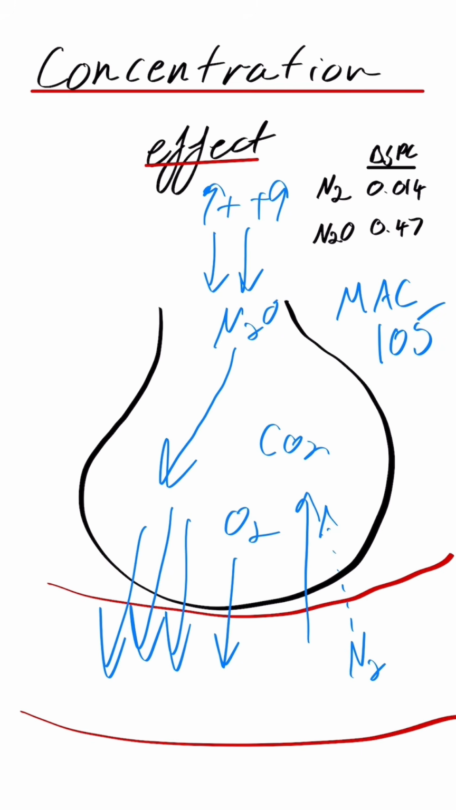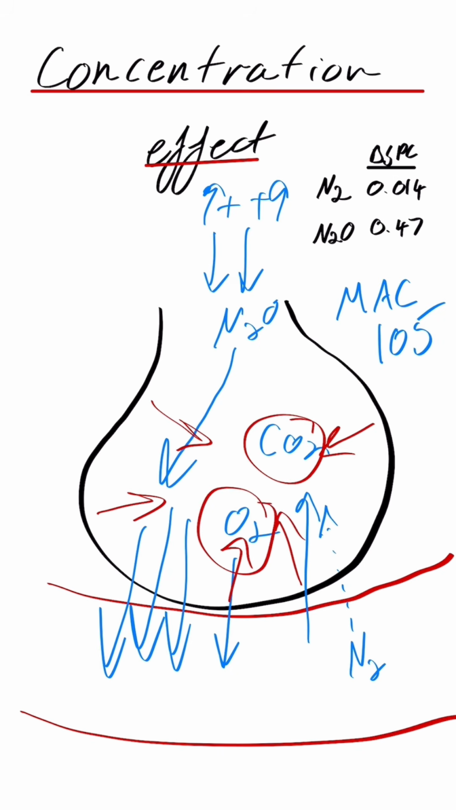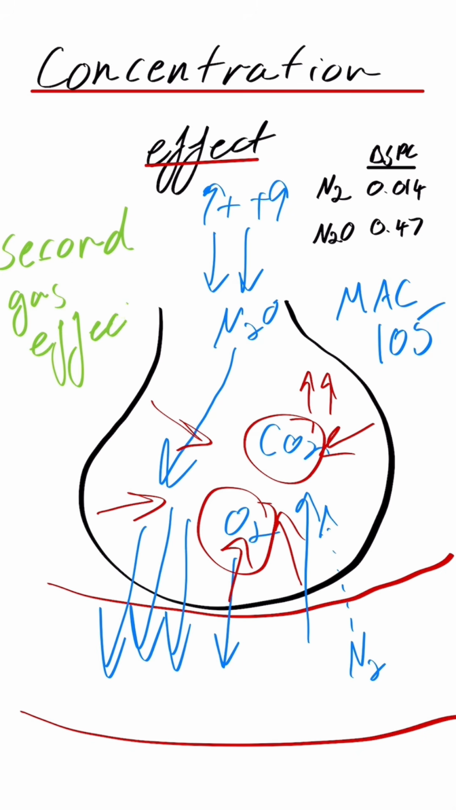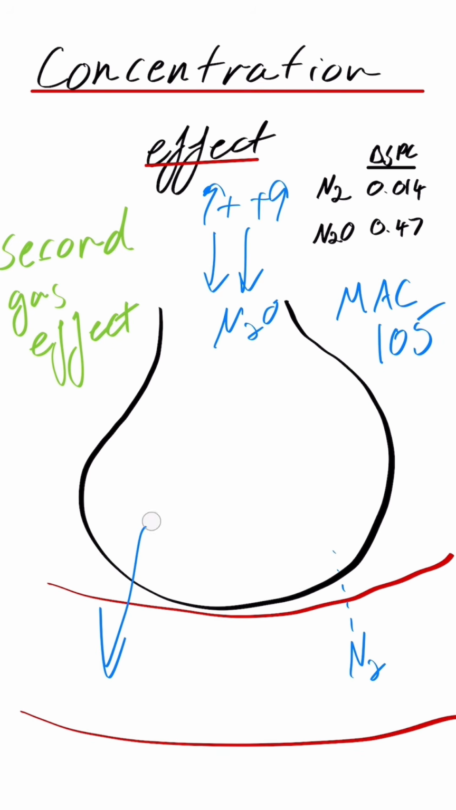So the overall effect of this is that because the volume's decreasing, the alveolar volume shrinks. And as alveolar volume shrinks, our other gases, our oxygen, our CO2, become more concentrated. And this is a really important concept because then what it goes on to describe is something called the second gas effect. And what the second gas effect is, is that people notice that when you deliver your nitrous oxide with